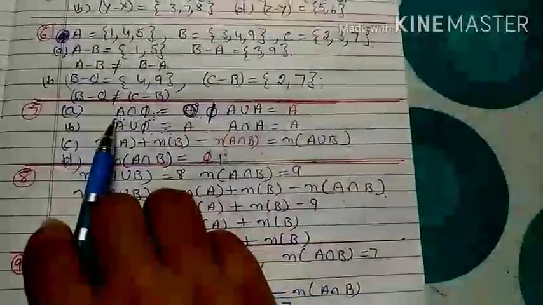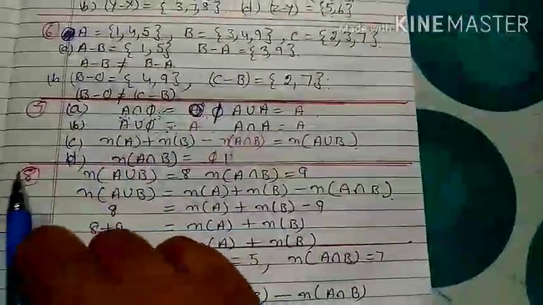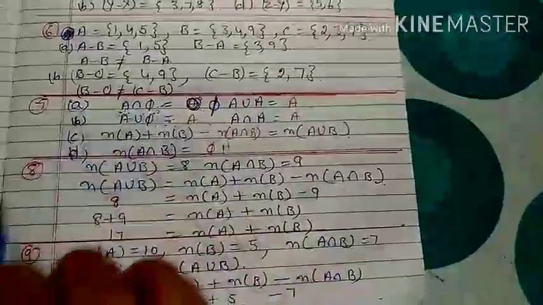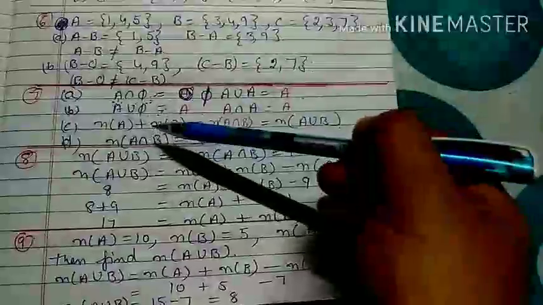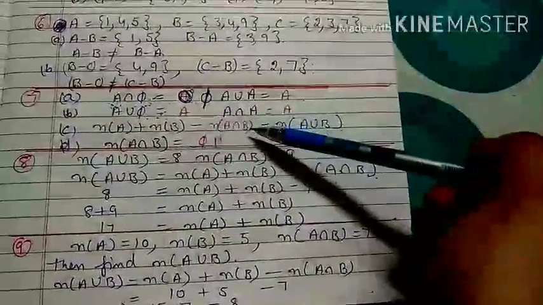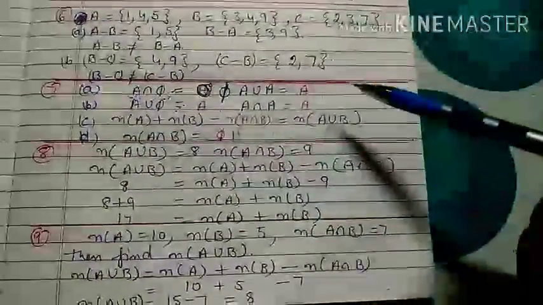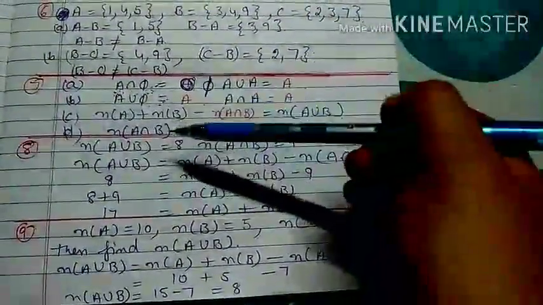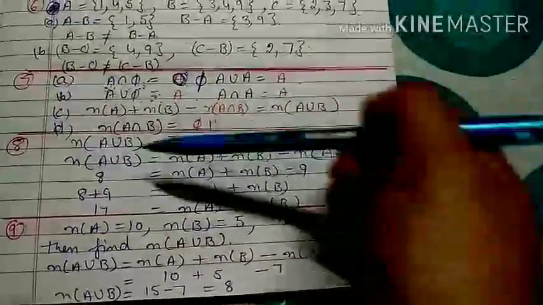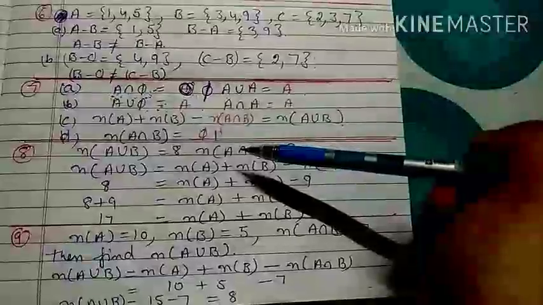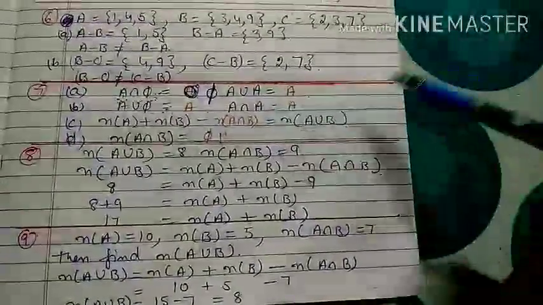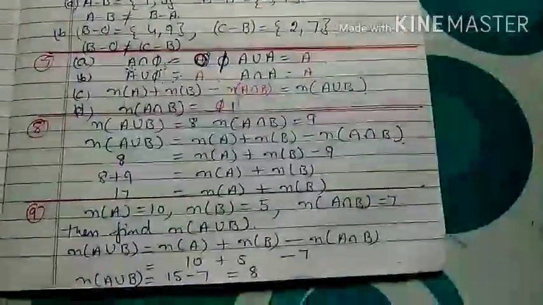If A is phi, then we can write it as the A set, but A intersection phi is never A. So here, the number of elements in A plus the number of elements in B minus the number of elements in A intersection B is equal to the number of elements in A union B. If you are given that A and B are disjoint sets, the number of elements in A union B is equal to n(A) plus n(B), only in that case the common element will be phi.